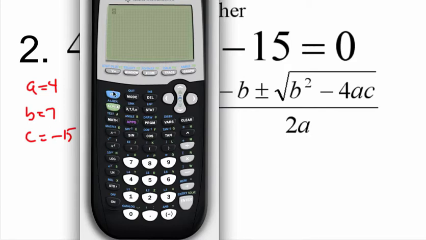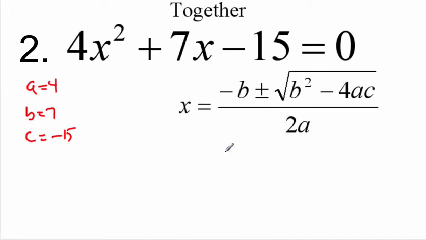And actually, I don't need to type that in. I need to hit second enter. Keep repeating second enter until I get back to where I want to be. B squared minus 4AC. Awesome. So I'm going to type that in, and I get 289. So I'm going to go back to my PowerPoint, and I get